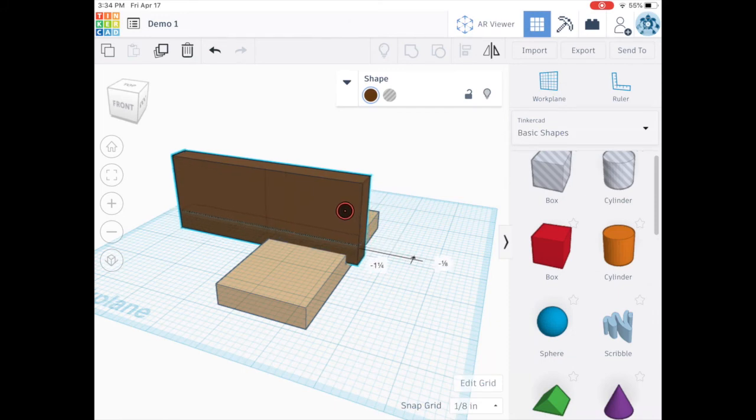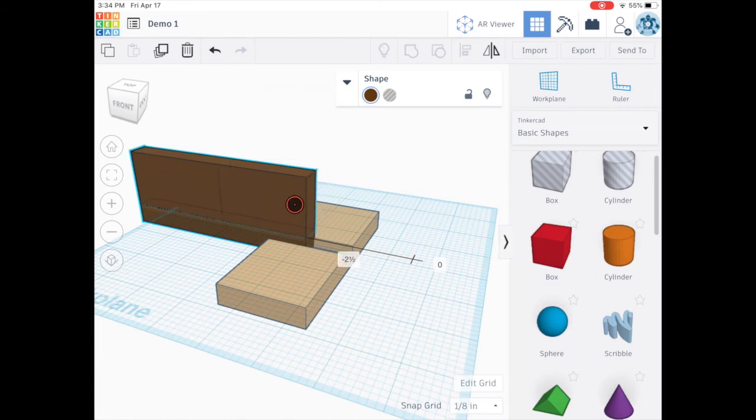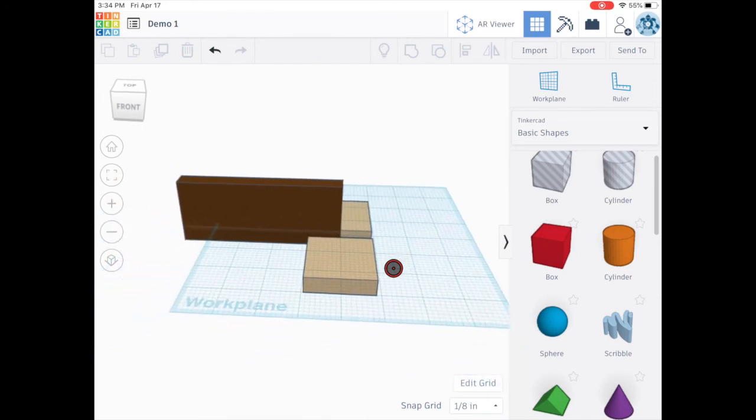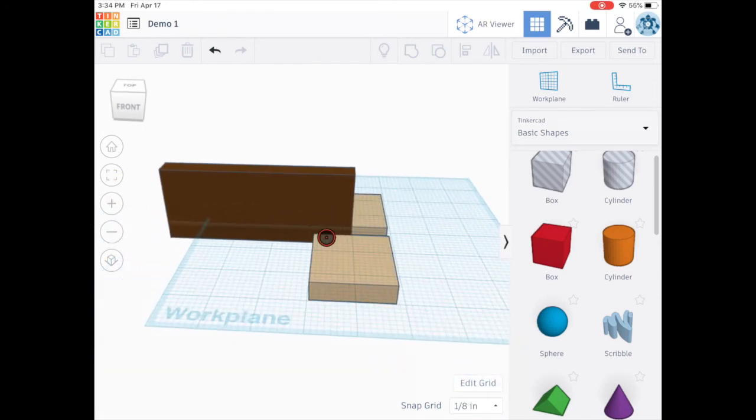Now you can see it's kind of tricky to do this. I want it to just stay in place, so I can very carefully move that, or I could just click this and change it to 0. I want it to go over. That looks pretty good. Now if I wanted this, let's say I'm making a joint that had to be specific